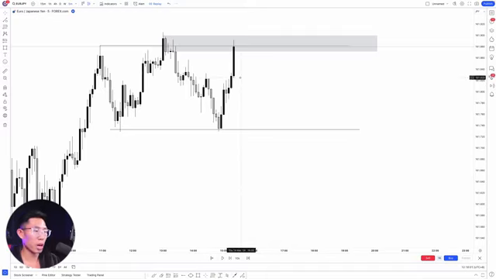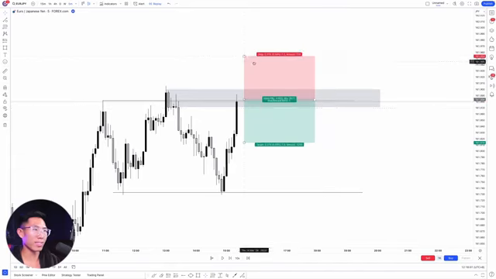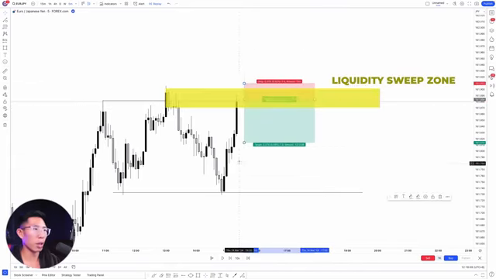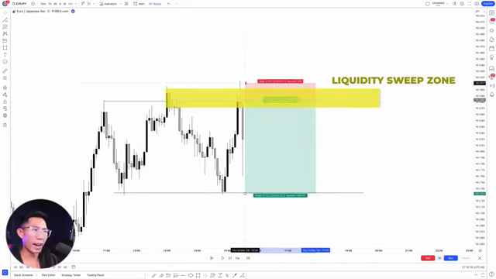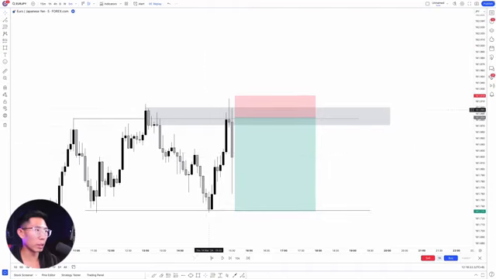So the moment price reaches up here, you could potentially enter for a sell somewhere right around here after getting some sort of selling pressure, some signs that actually show you that there's selling pressure, and therefore sell right there. I will ideally place my stop loss above these highs right here once again. You can see price obviously swept the liquidity above these highs that we have right here before heading back down.